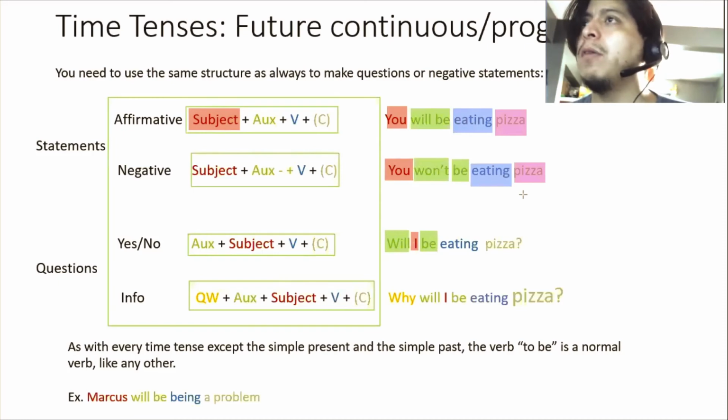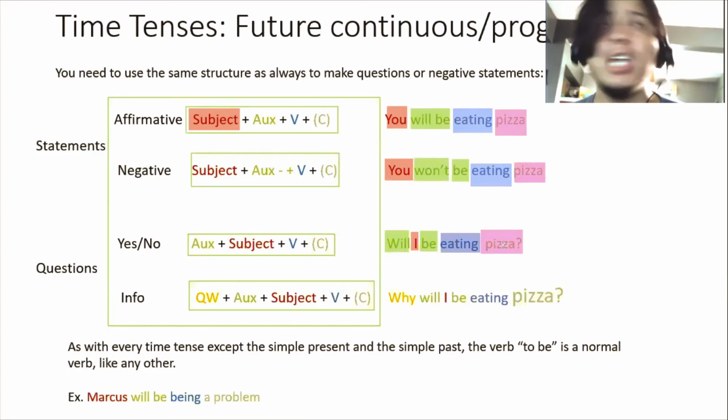And then you have your verb, always with ing, and then you have your complement. Will I be eating pizza? Yes, you will. No, you won't. This is just a question that you ask. Okay, remember the only thing that you have to do, you have two auxiliaries. Well, you don't have two auxiliaries. Your auxiliary is two words. So only the first word takes the negative, only the first word switches positions with your subject.